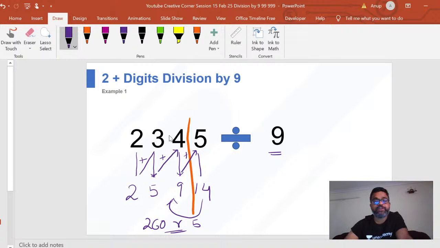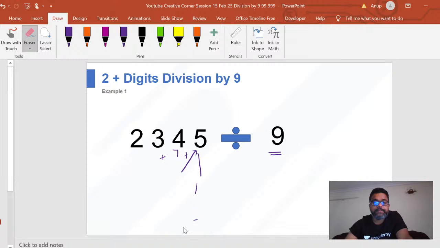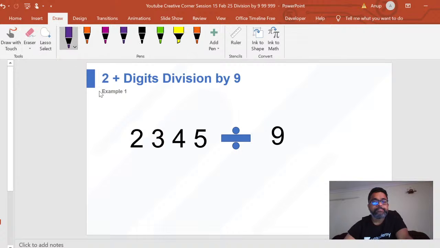See, you're following the same sum digits only, right? In that other problem, when you had only 2 digits, 2 and 3, you took 2 and your remainder was 5. Now you got more digits, so you got to keep adding them. So I'll repeat that again. You can do it two ways. Maybe first, if you want, you can draw that line, or you can do the addition and then draw the line. Okay, so very first step is you bring this 2 down.